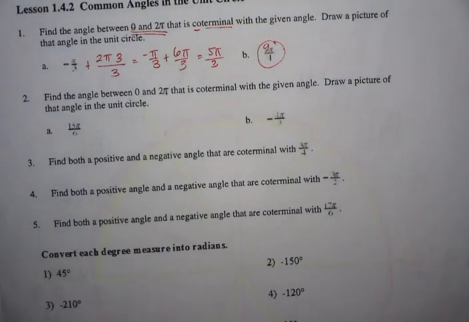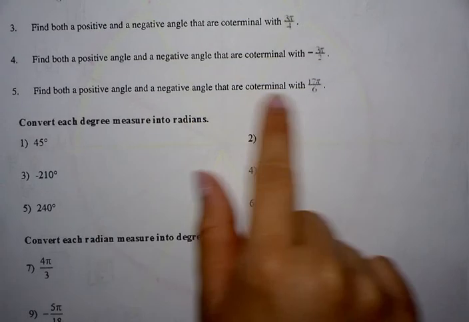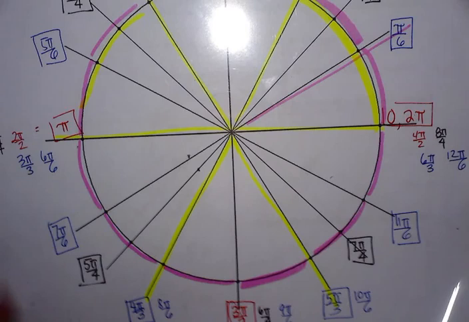Okay. Find both a positive and a negative angle that's coterminal with 17 pi over 6. Okay. If I need to do 17 pi over 6, how